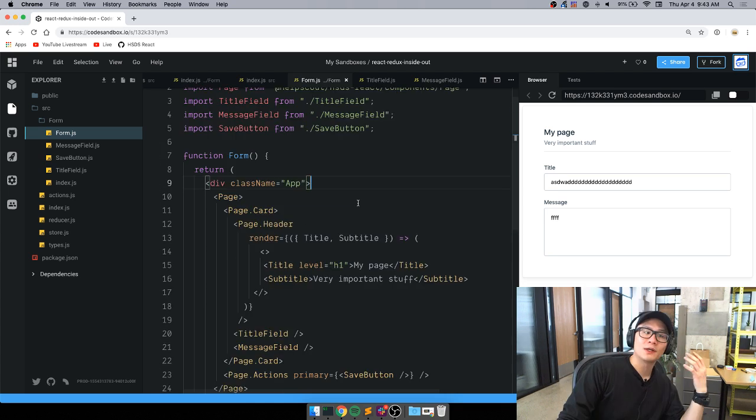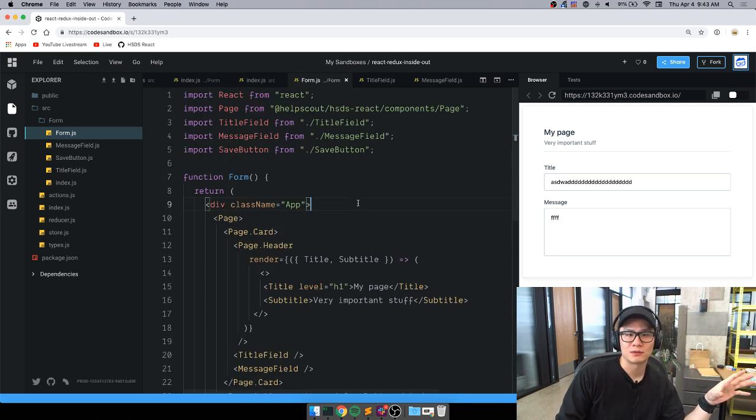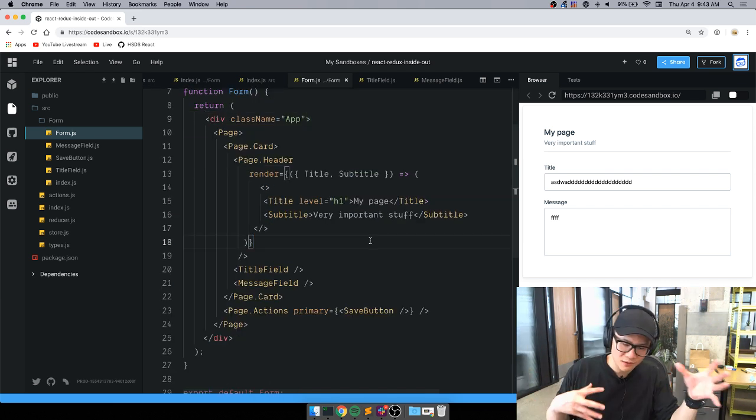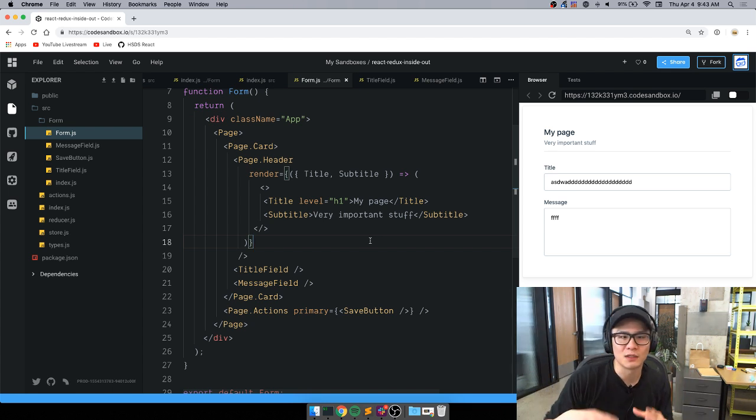So now all this form component or form view does is bind the tiny little bits of components: the title field, the message field, and the save button. It composes them together, and that's what a view should do. It shouldn't really have a lot of logic going on. That should be abstracted into little components. All this guy does is bring them all together like a happy little family